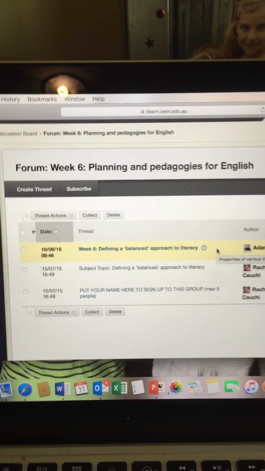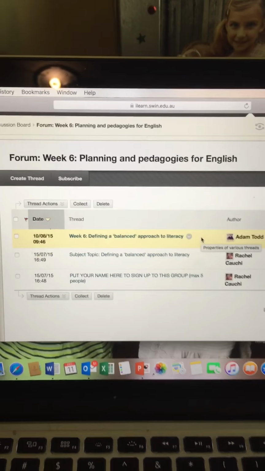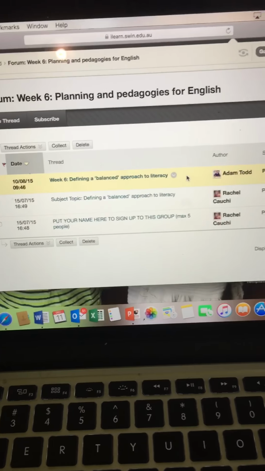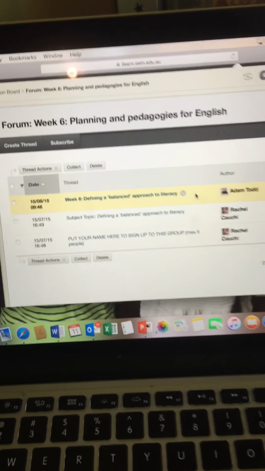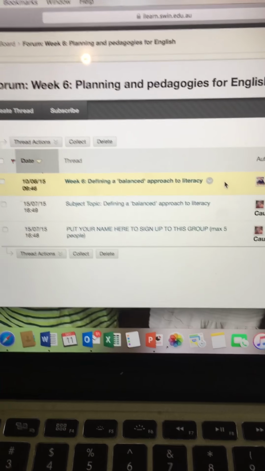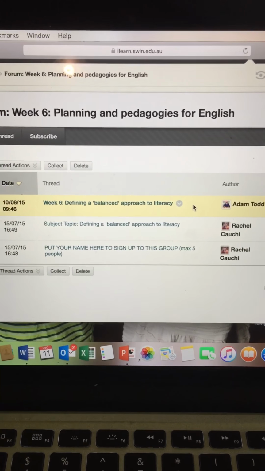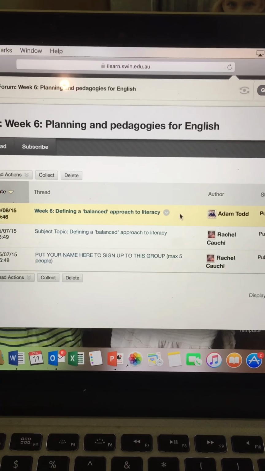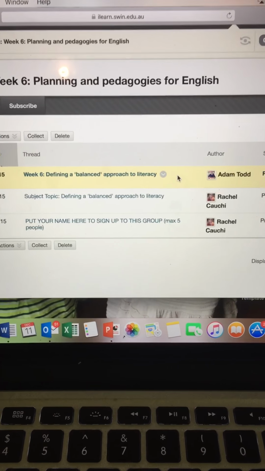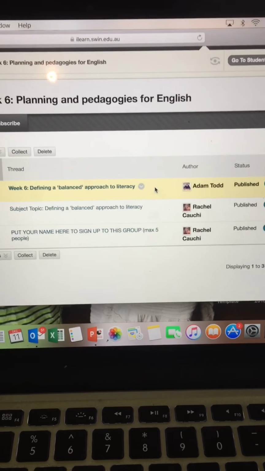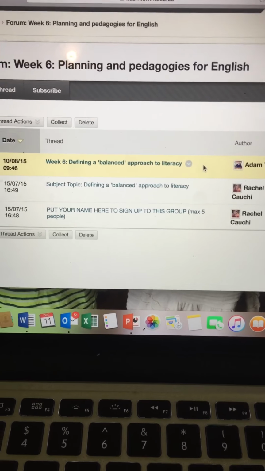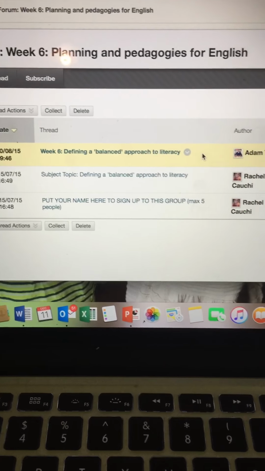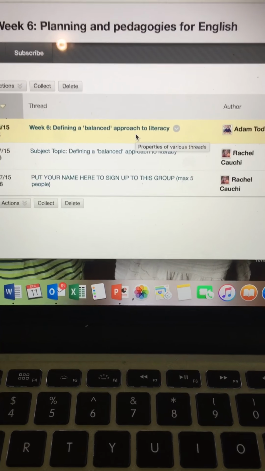So I guess the problem with having multiple threads, I suppose there's nothing wrong with it per se. We've never had that before because we try and keep it all in one thread so that everyone basically knows where to post. And even from an ELA point of view, there's one post that we need to mark from, because I don't want to be checking 4 different threads and accidentally miss people here and there, and it just gets a bit messy with marking. So we try and keep it all in one thread. So basically there'll be so many posts per day, and then you keep adding to it as the week progresses.